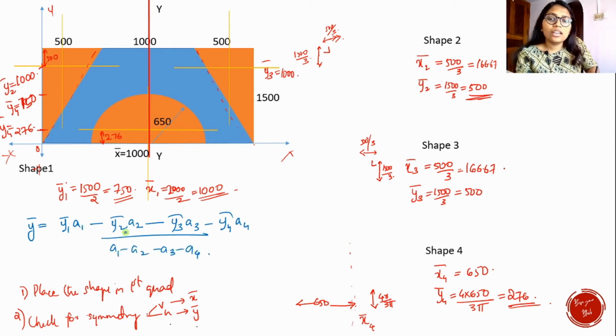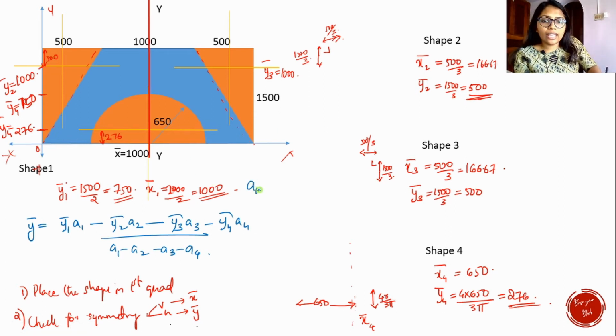Here you can see for the second and third and fourth shape we are having a negative sign. Why? Because all these brown shades should be removed off. Okay, and only the first shape is having a positive sign. Why? Because that is a shape from which everything must be removed. Okay, now what are these a1, a2, a3? They are the areas of corresponding figures.